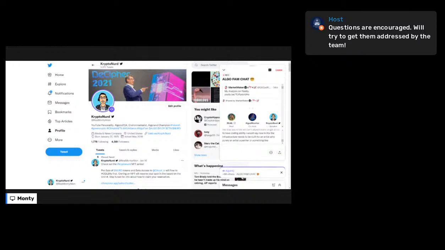So what if an NFT just doesn't have utility like that? We can't expect every single artist to have coding ability. I would say the infrastructure needs to be built for an artist who's purely an artist, a painter or something like that, where all they want to do with the NFT is make sure no one can steal their work, and publish it somewhere where no one can steal it.